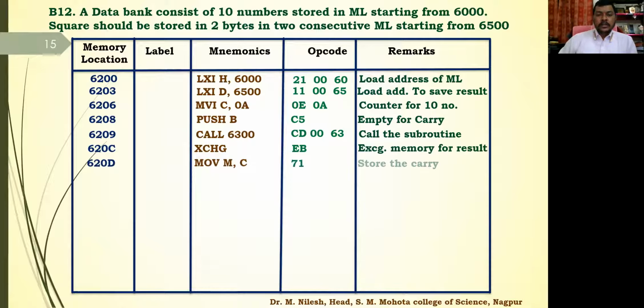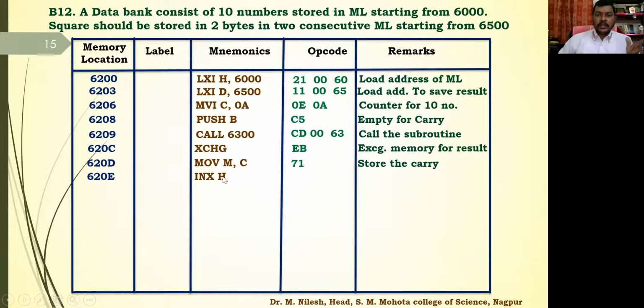Now what will we have to do? We have to use the next memory location. So we can use this next memory location like INX H, since the addresses are being changed. HL now contains 6500, so while incrementing, it will have 6501, right? So INX H, then this is 23.